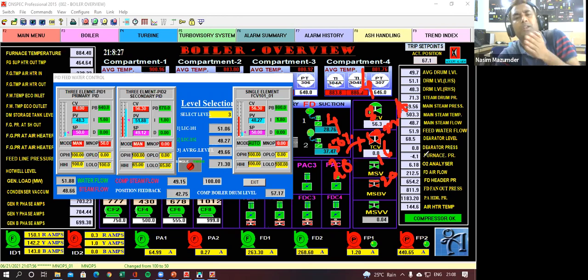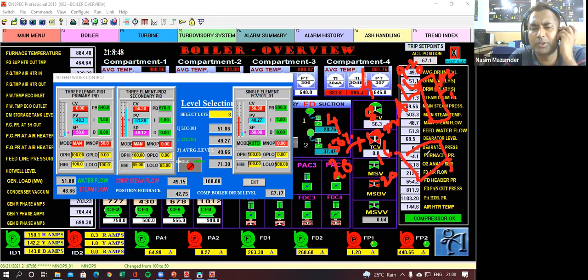Then check at the I2P input. If your I2P input is receiving 4 to 20 milliampere, then check the I2P output, whether it is giving your 0.221 kg or not. If it is giving that accordingly, then you can check your positioner.